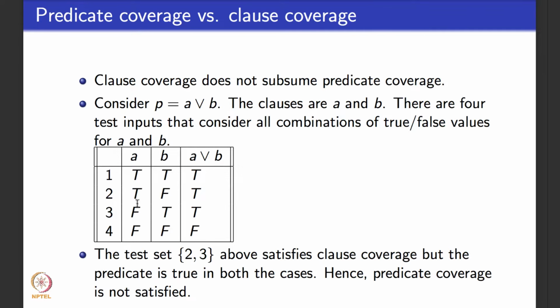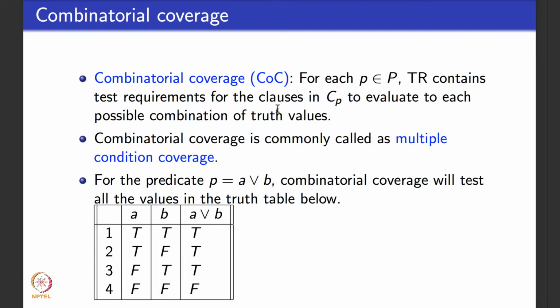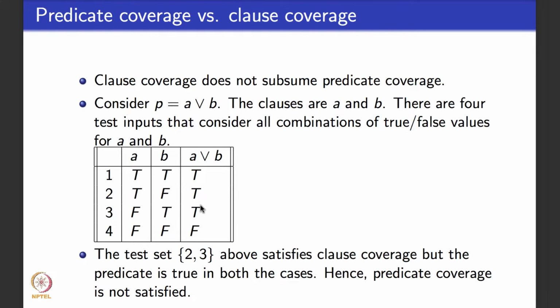And these two values for rows 2 and 3 for the clauses A and B happen to be that. So in general, I cannot say that clause coverage always subsumes predicate coverage. It's wrong to say so. So the next one would be, because there are these combinations where some combination of clauses do not subsume predicates,